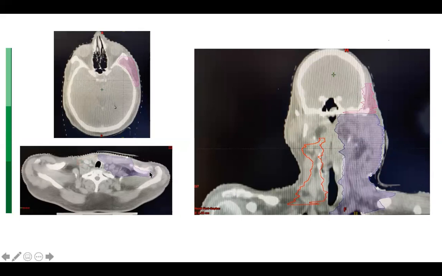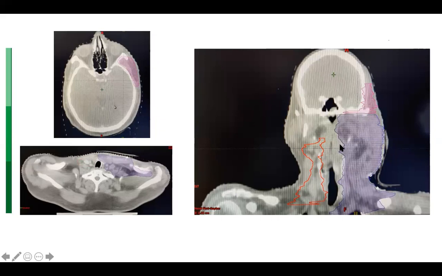However, on the side which has been disrupted by surgery, it's very important that we treat the entire space that has been disrupted by the surgeons. We do not respect the sternocleidomastoid in this area. One is much more liberal about making sure that the scar area and all that are encompassed in our field, as you can see here, the wire. Superiorly, we have included the temporalis muscle, as you can see here.